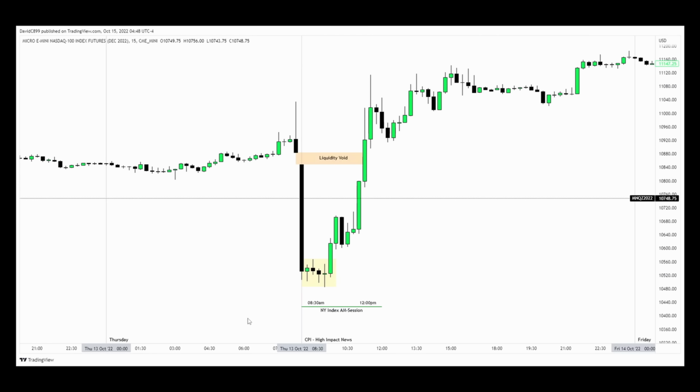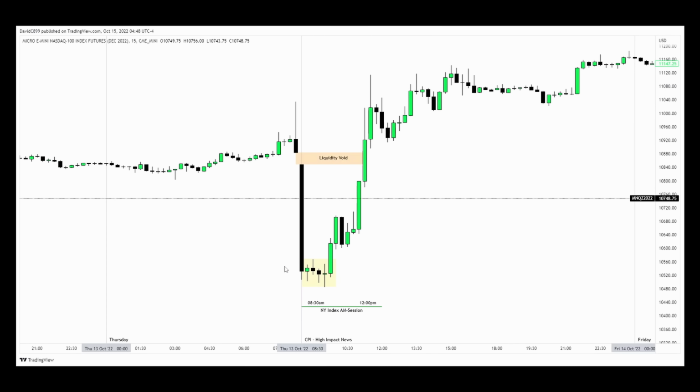This is Thursday's trading 15-minute chart for the NASDAQ100 futures contract, December contract. This is crazy volatility. It's absolutely ridiculous. We can see here that price is dropping aggressively lower,